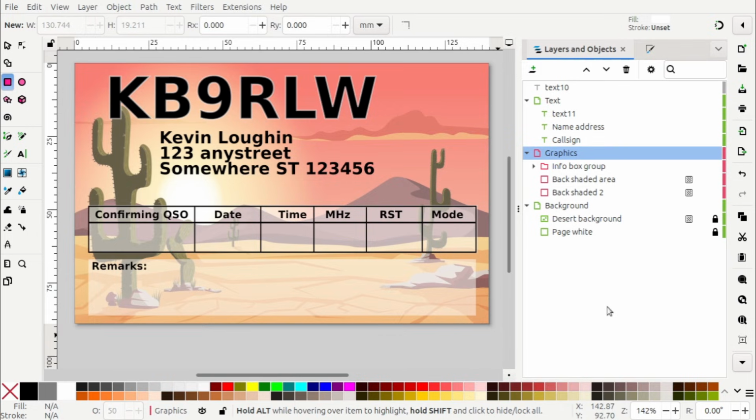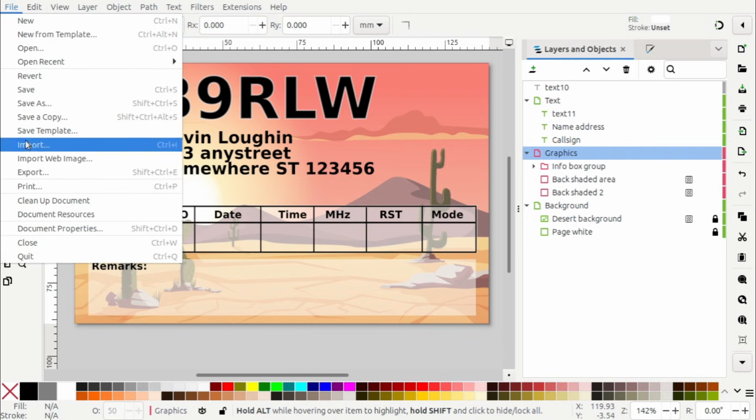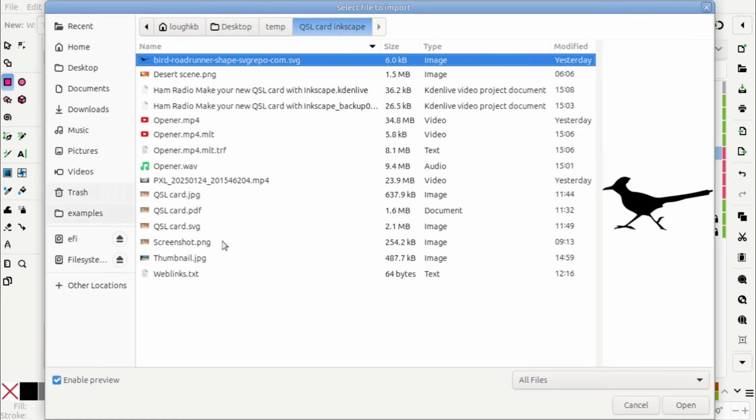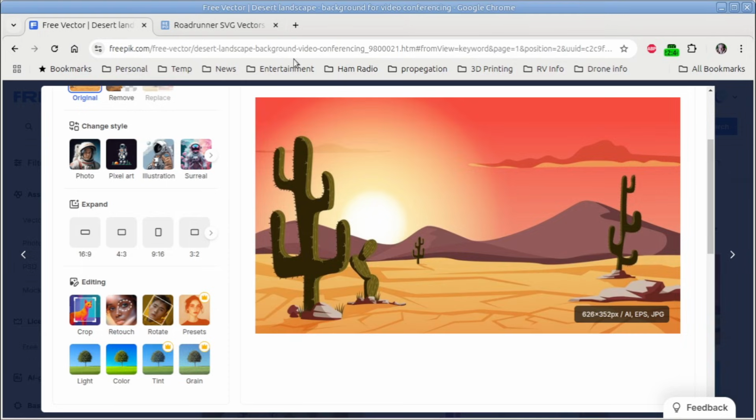So you get the idea. We can just keep on adding elements. I downloaded some other graphics. I had a little Roadrunner. I'll go and import him. There he is right at the top, Roadrunner. I got him from another place I like to go to, and that is